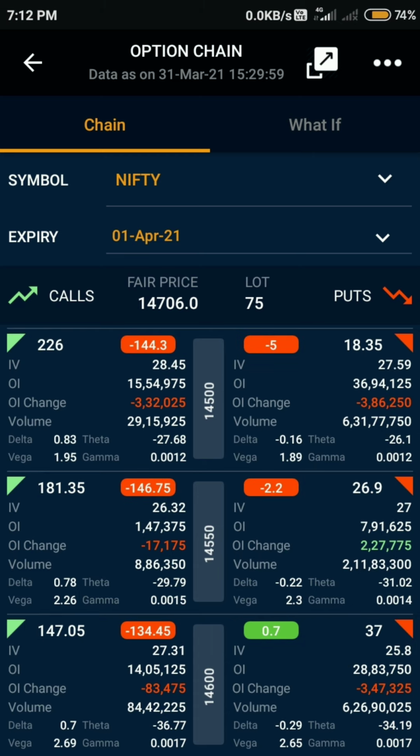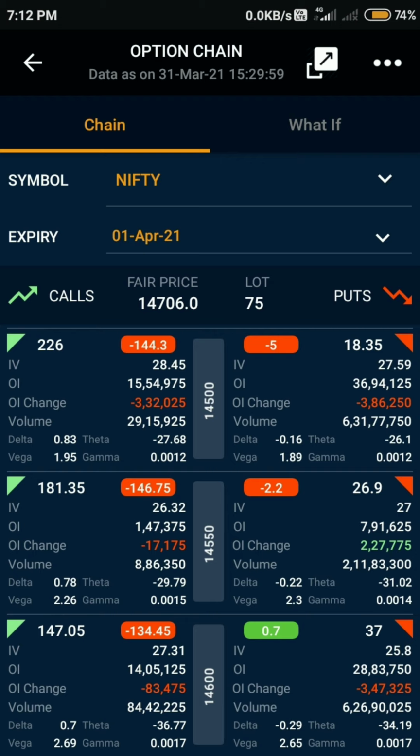When we analyze the put side, we can see that we had a similar kind of data in the last expiry, and even though Nifty closed at 14,690, 14,600 put writers unwound their positions, 14,500 put writers unwound their positions. So they know something we don't, and that's the reason they are squaring off the positions. But in the last expiry, the call writers did not square off their positions, but this time the call writers also squared off their positions, as you can see.